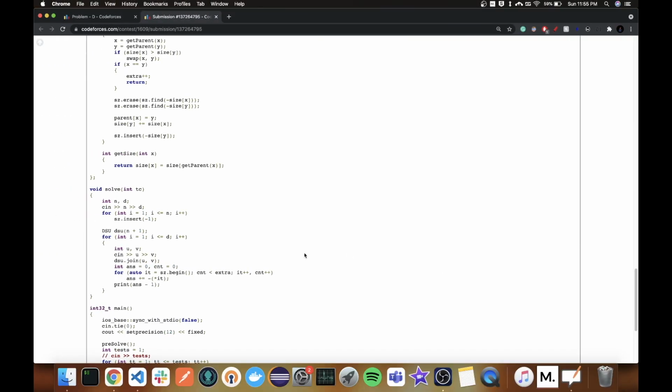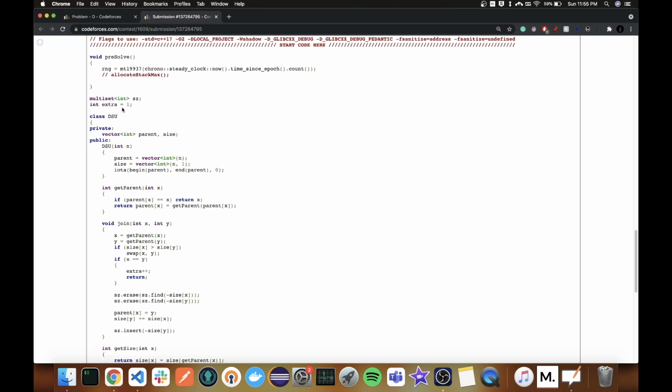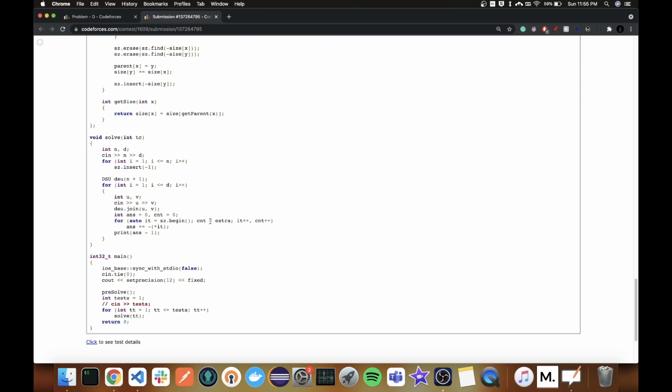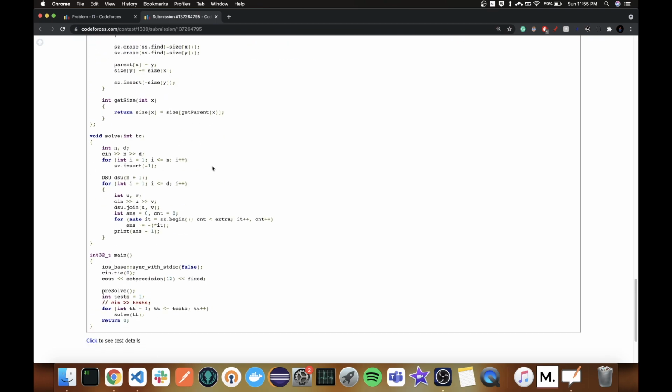So I use extra plus 1 components, and I iterate from the beginning while count is less than extra. Extra starts from 1, so I use the less than sign here. If extra started from 0, I should use less than or equal to 0 here. So I iterate in the multiset and keep adding the value, and I negate it because I am storing it in negative, and then I remove 1 from it, because